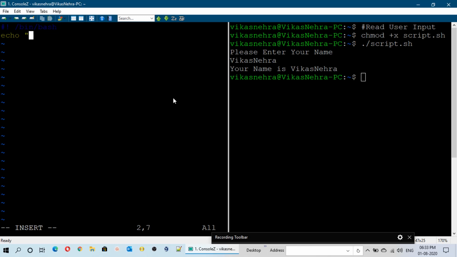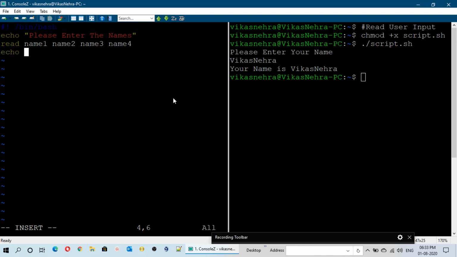So here mention echo, please enter the names, because we are going to mention different names, multiple names. After that we will use the read operator to store the inputs from the user. Let us suppose the first name will be stored in this name1 variable, the second one would be saved in name2, name3, name4, and so on. So you can use n number of variables here like this.